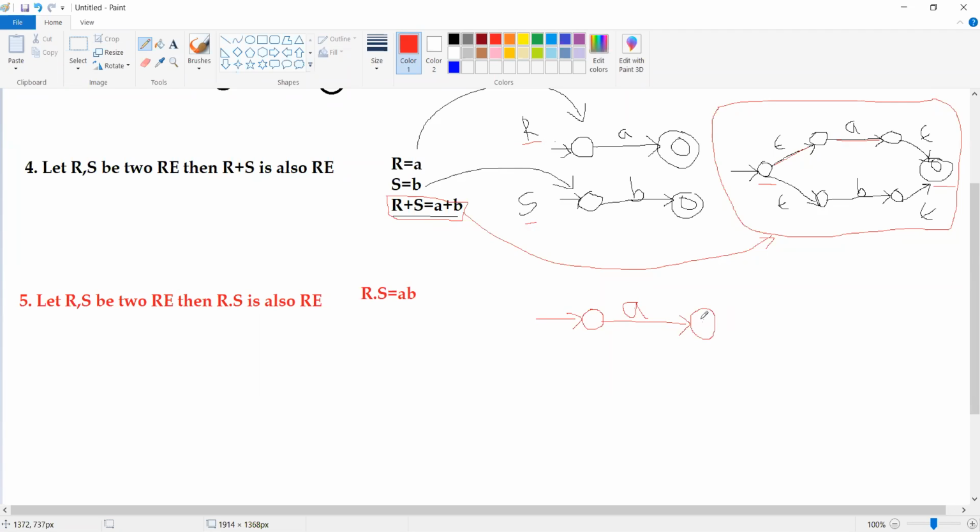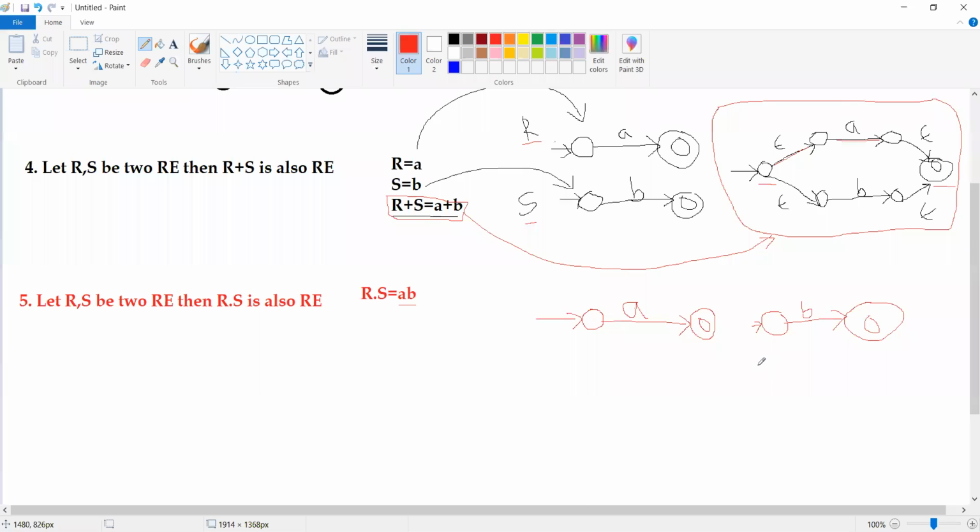So this is the finite automata which is recognizing small a, and this is the finite automata which is recognizing small b. Now we need to concatenate these two individual finite automata in such a way that it accepts A into B, that is, A followed by B. Now how do we do that?